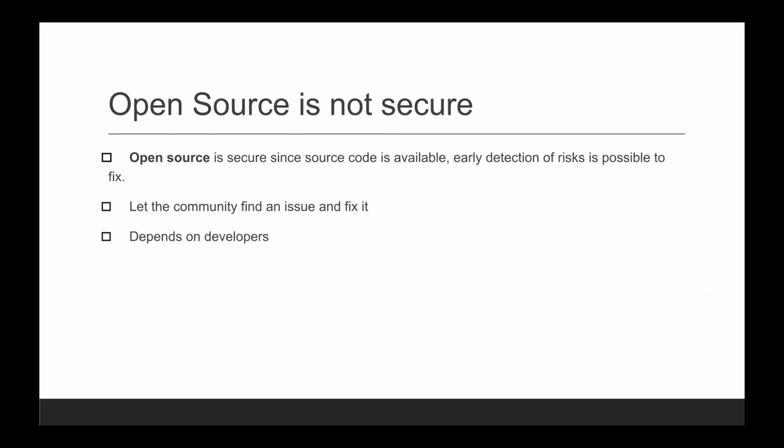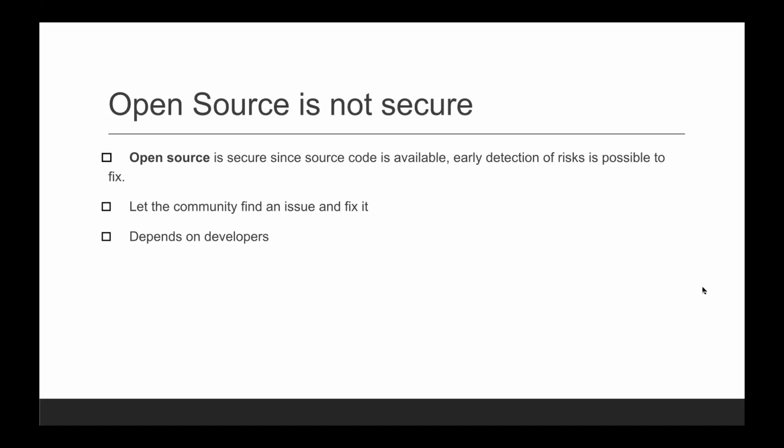Because the source code is available, many of you might have heard about a program called bug bounty, right? Many of the open source owners create this kind of competition or hackathon where you are given a product and you have to find bugs in it. Because it is open source and there are a lot of people checking it, attacking it, breaking it, it's pretty easy that if there is some security vulnerability, it can be fixed. So that's how open source is secure.